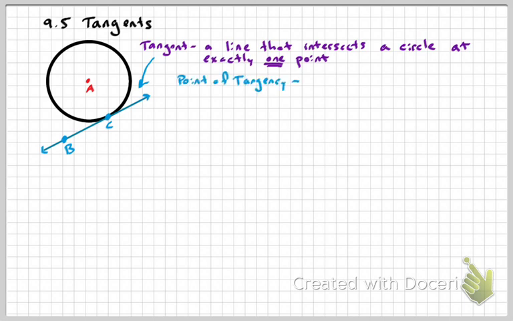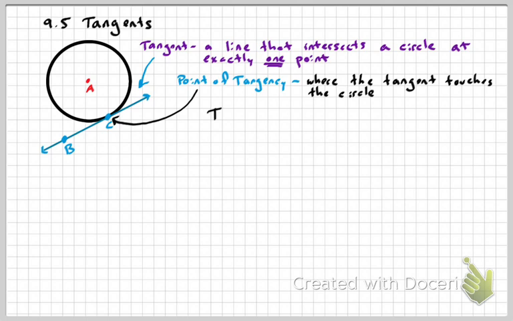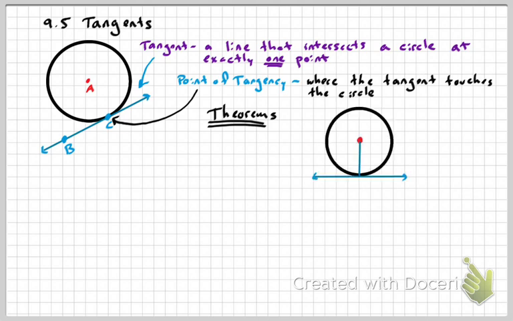So a point of tangency is where the tangent touches the circle. So C is the point of tangency within this diagram. All right. So there's a couple different theorems that we're going to go over today. They're pretty straightforward, pretty simple. So the first one is if a tangent line